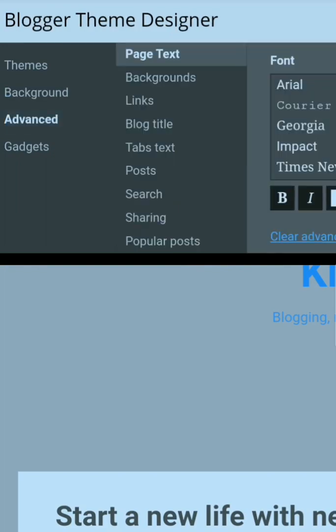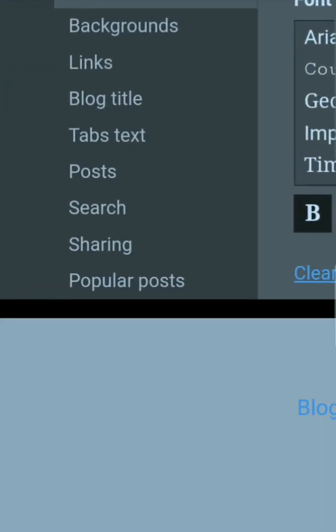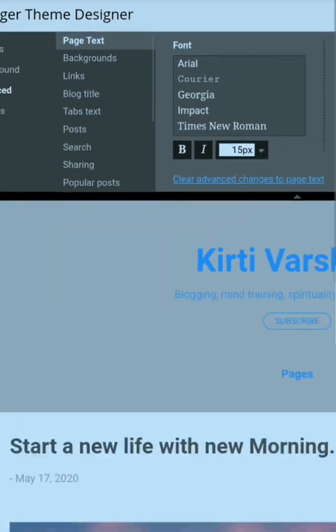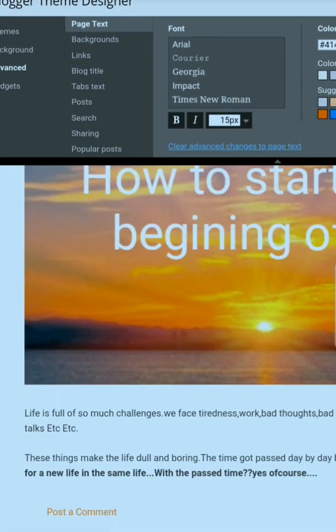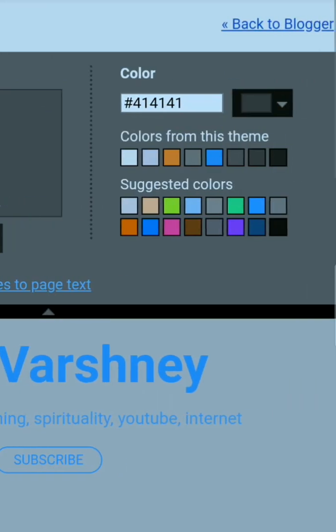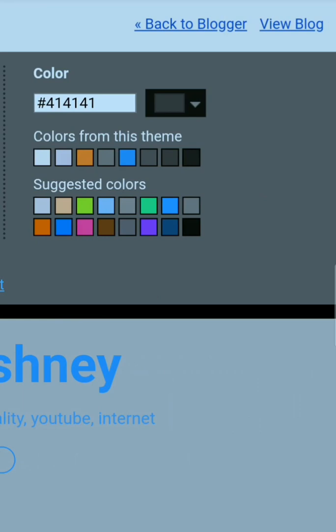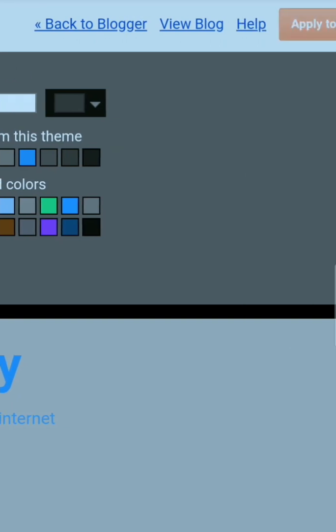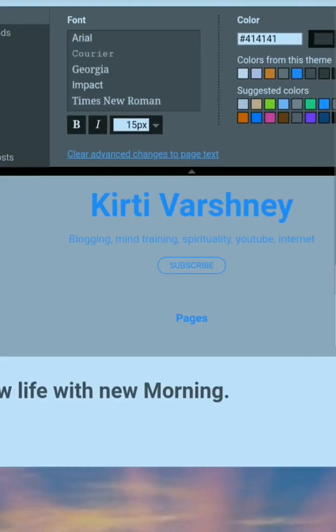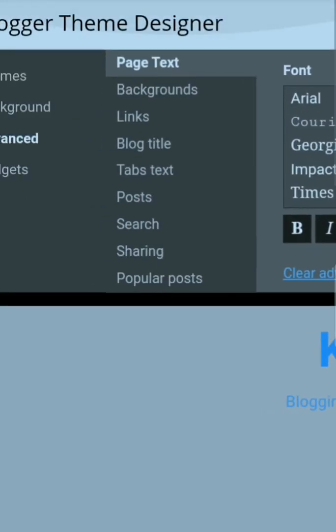clicking on it. So now you can see in advanced there are different options. First is page text, meaning this is your blog page, so whatever text you are watching here, this is for text settings. So here is font and default settings, and I'm suggesting you don't make any changes there. Color, whatever color you want to pick, but everyone actually uses black, so just use black color. And you can see black color is already selected here, so I'm going to leave it as it is.